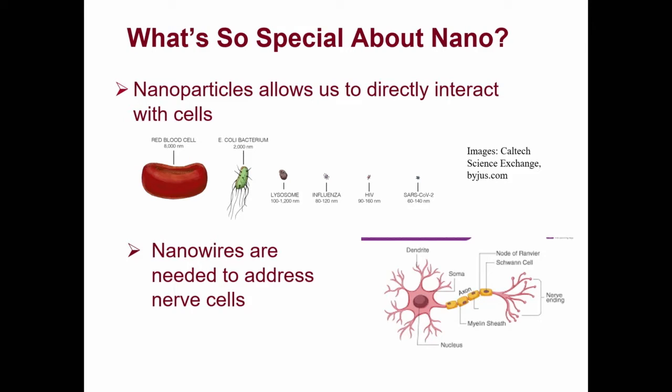Another example of where nano is important would be if we'd like to try to tap into the nerve cells, say, of a patient that's received an artificial limb. We would like to be able to have that patient directly control this artificial limb using their natural nerves. Well, we need to connect the prosthetic device to the natural nerves. To do that, we need to address individual nerve cells, which require extremely fine leads or wires. So nanoscale wires are being explored to allow us to directly connect patients in need of prosthetic devices.